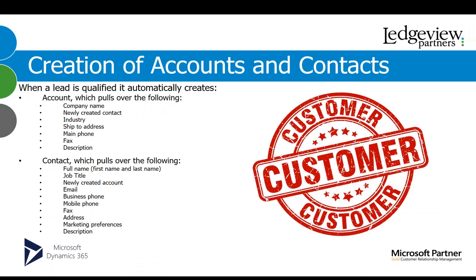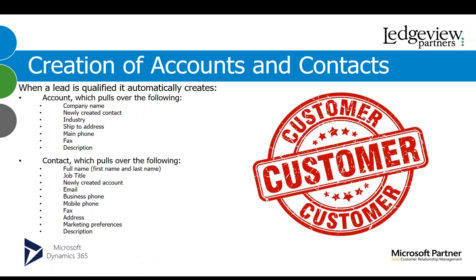So during that process, it creates an account and a contact. And there's some specific fields that it pulls over, which I'm going to jump in and show you. But for account, it pulls over that company name. So that company name we filled out is now showing as the account name. The newly created contact is now set as the primary contact for this account. Pulls over the industry, the ship to address, main phone number, fax, and then I'll show you where that description